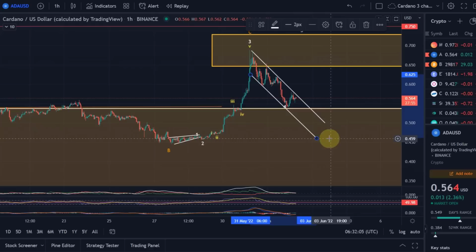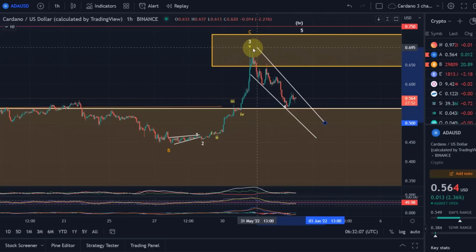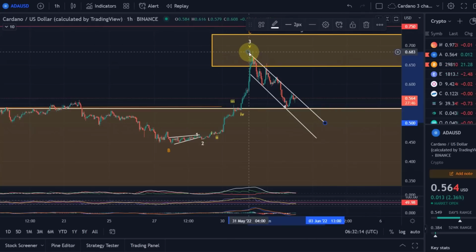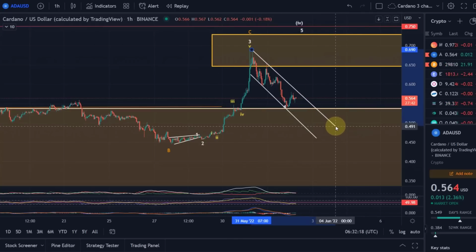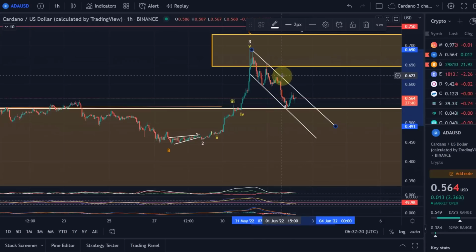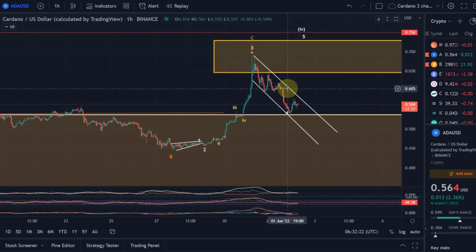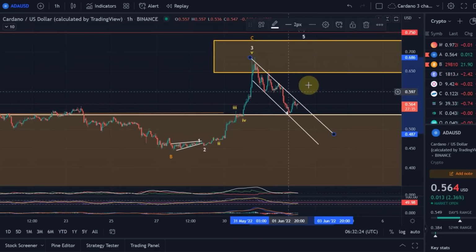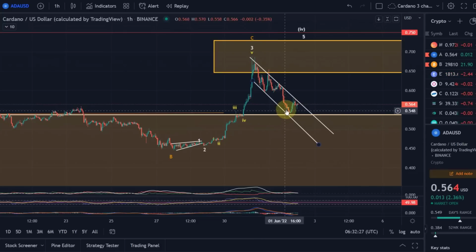So I can do that. So like this. Depends on if we want to use the wicks or not. If we don't use them, seems a bit more relevant at the moment. Okay. And in this alternative wave count, let me take those numbers away and then I'll show you.